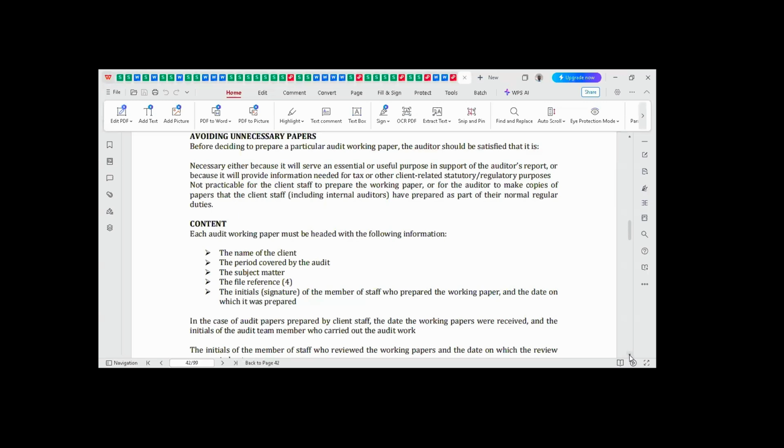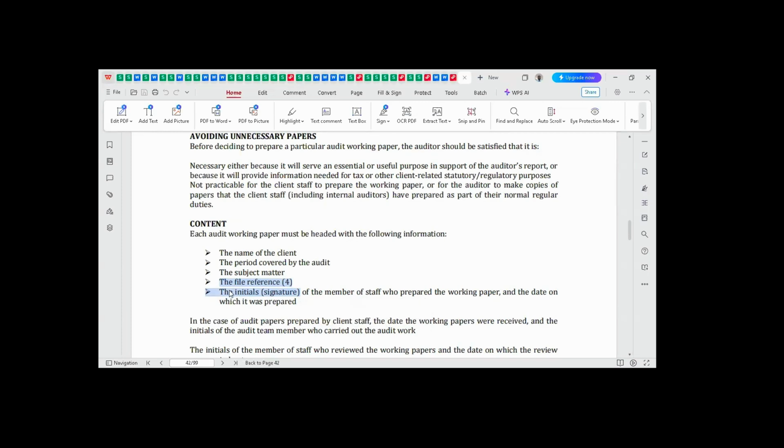That could be the rationale behind having a file reference, because audit firms usually reference their documents for easy traceability. Then another thing commonly found in audit working papers is